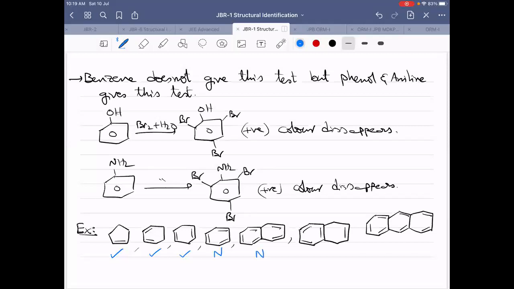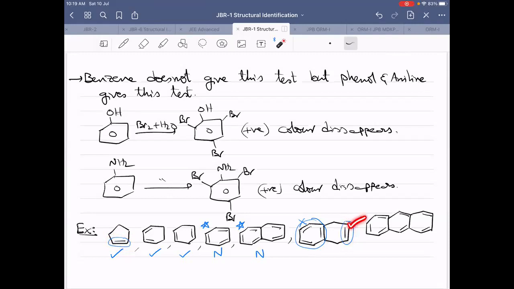This is because this is naphthalene, which is also an aromatic compound. Remember this point: naphthalene, like benzene, gives no test. Then what about this one? Next compound. Yes, because this benzene will not give the test, whereas this double bond is an individual double bond like this one. Understanding or not? This is a double bond which is present individually. It is not a part of the aromatic ring. It is just present like this, an independent double bond.